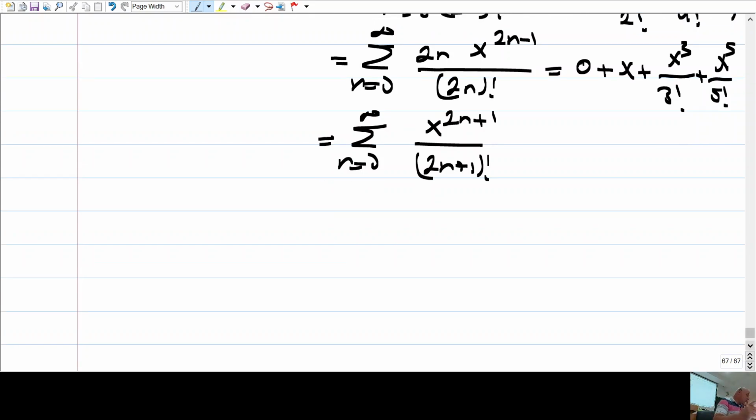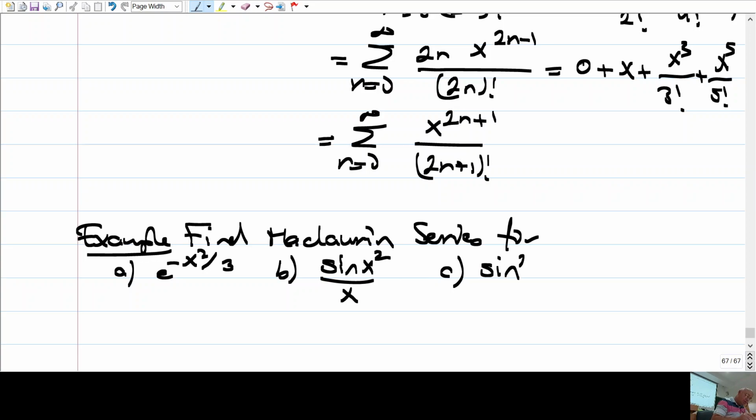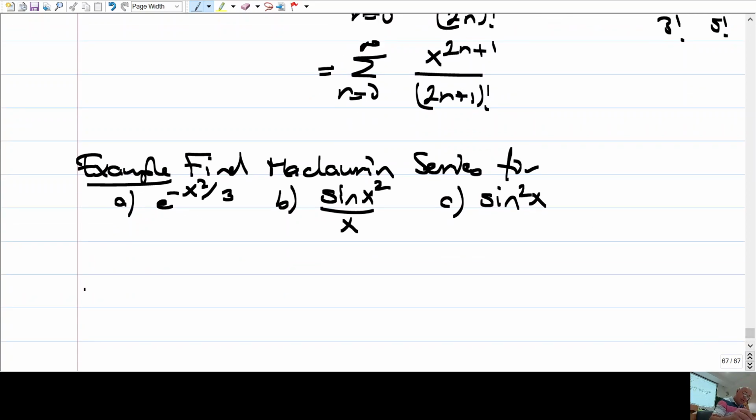Okay, now another example. Find the Maclaurin series for A, e to the power minus x squared over 3. B, sine x squared over x. C, sine squared x. Okay, now